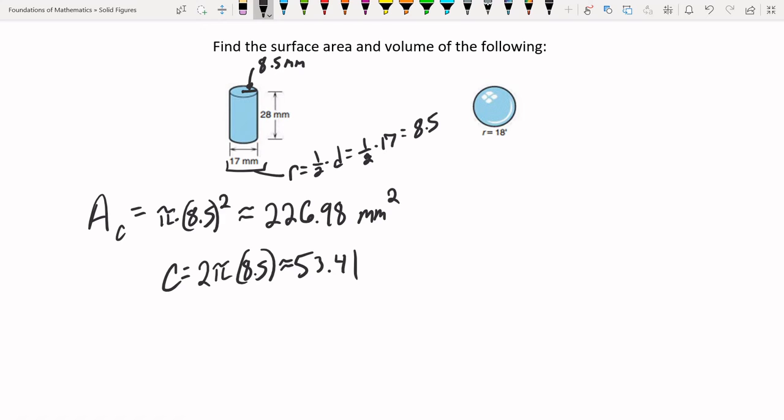And the height of the cylinder is 28 millimeters. So we have the area of the smooth surface equals the circumference of one of the circles, both the same, times the height of the cylinder. That's the same thing as length times width of the rectangular sheet of paper that I showed you before. Okay, doing that gives us